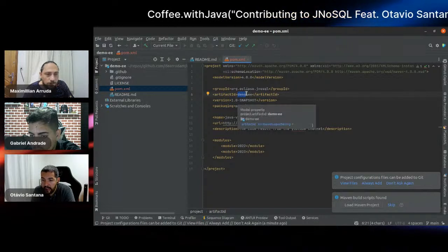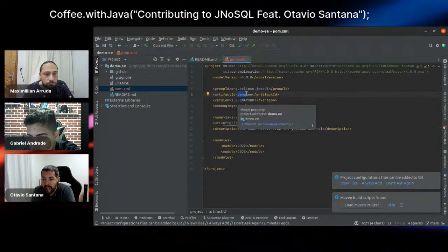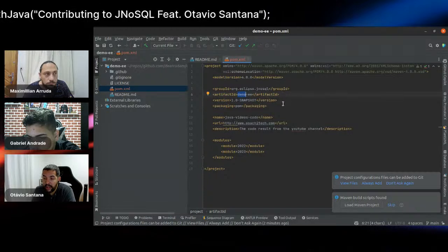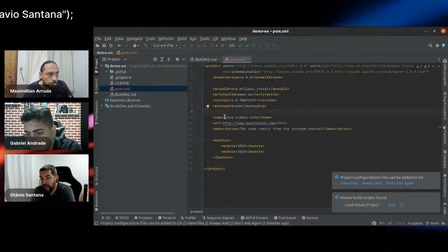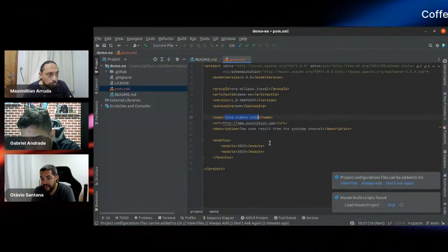No, because what I can do right now is put EE, for Enterprise Edition, where you can fit both Jakarta EE and MicroProfile.